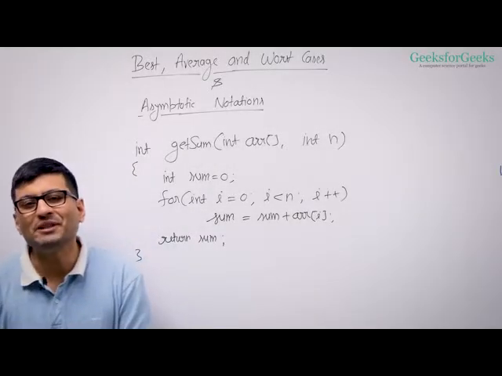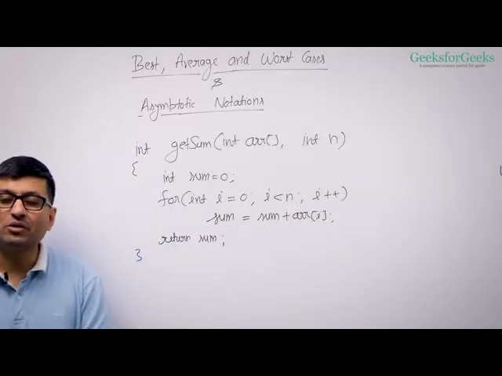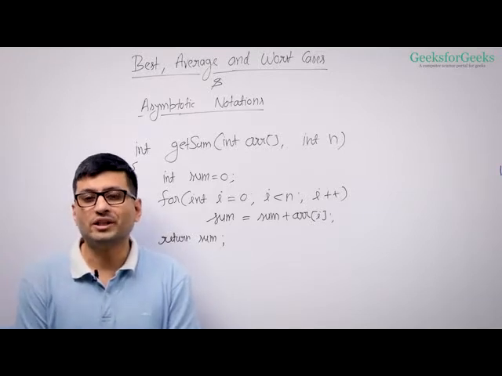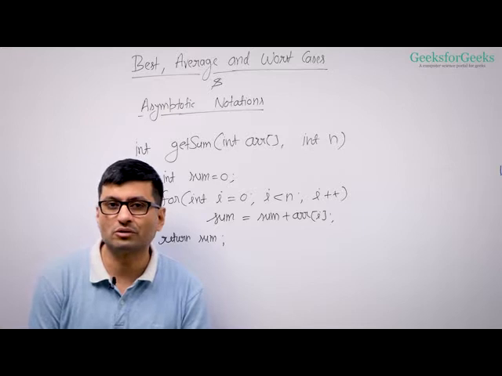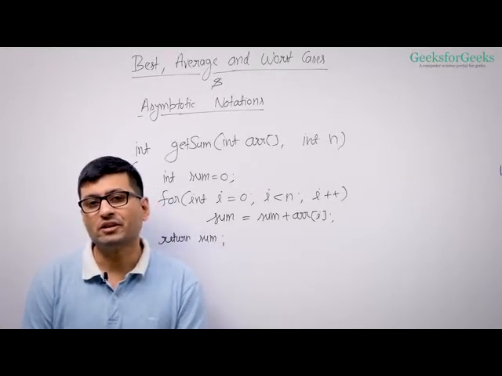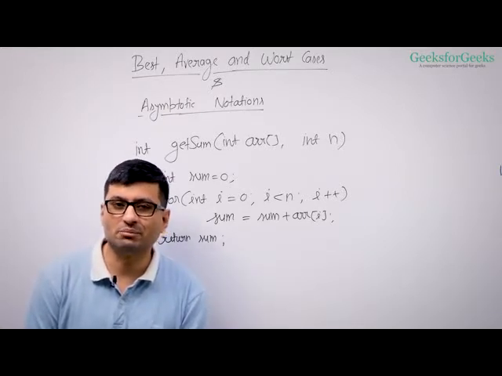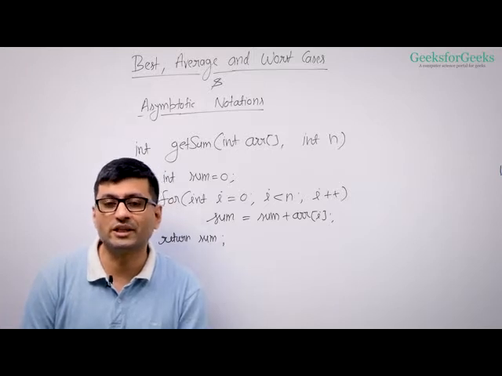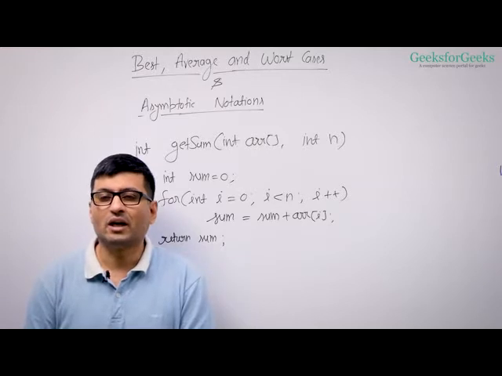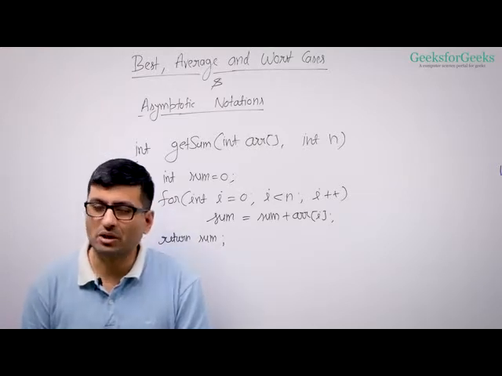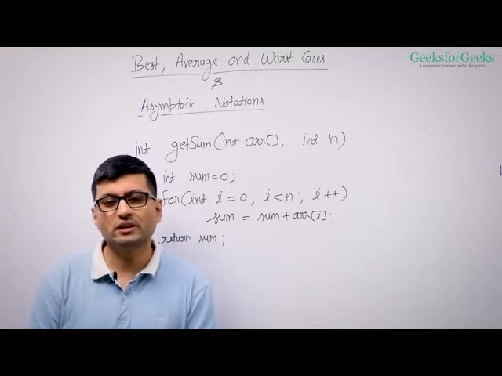Hi, in the previous videos, we talked about order of growth. We discussed different mathematical examples and explanations for order of growth. Let us now take more complex programming examples to understand different cases of algorithms. As a first example, I have taken a very simple code which does not have any cases.